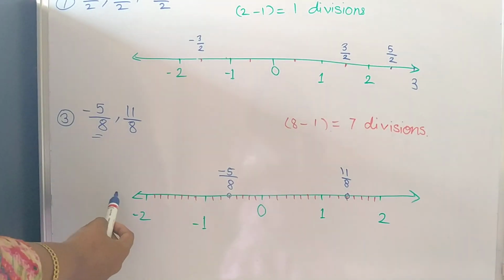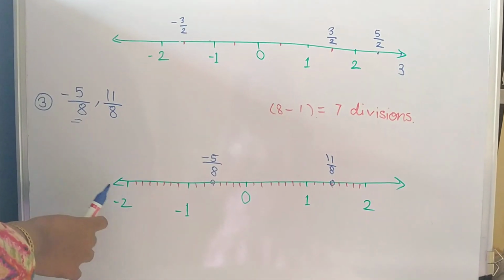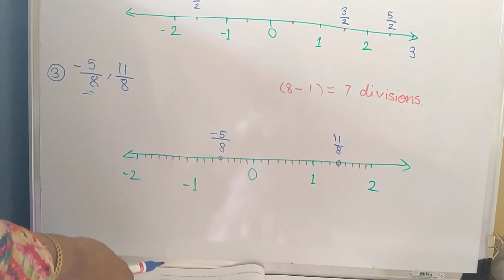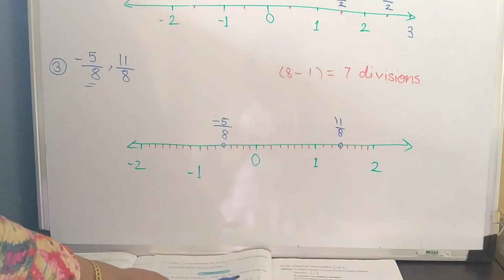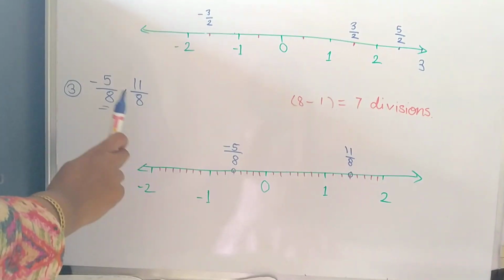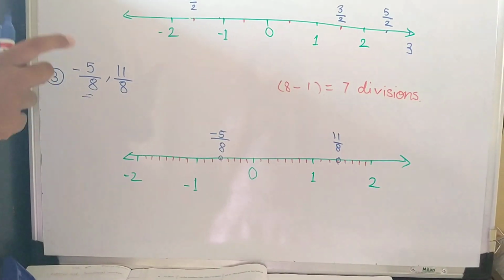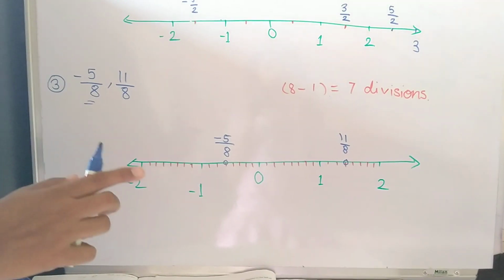See, two questions I have solved of different types. Now the remaining two questions you have to try. Understand from this and then try the remaining two. You have to draw a separate number line for each of the questions. Even these two, that means the full practice set, you have to write in your notebook.